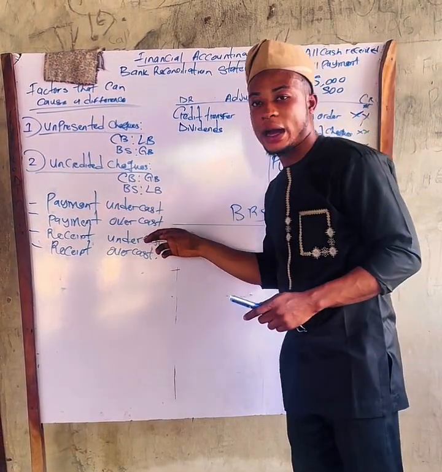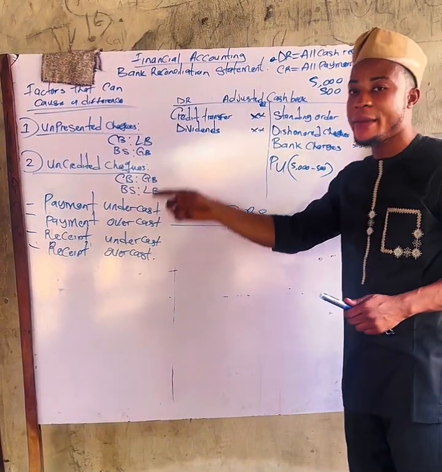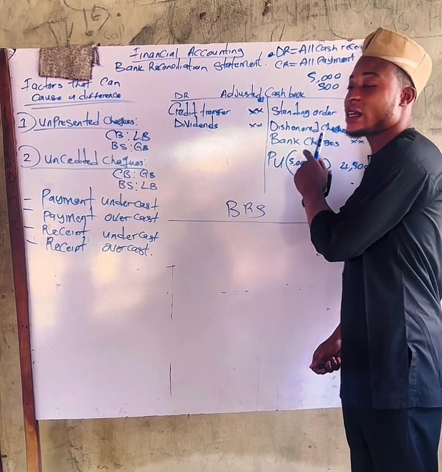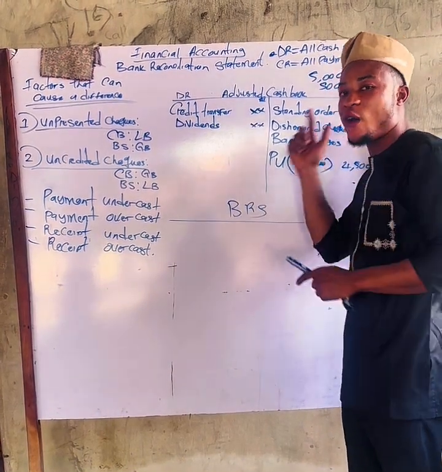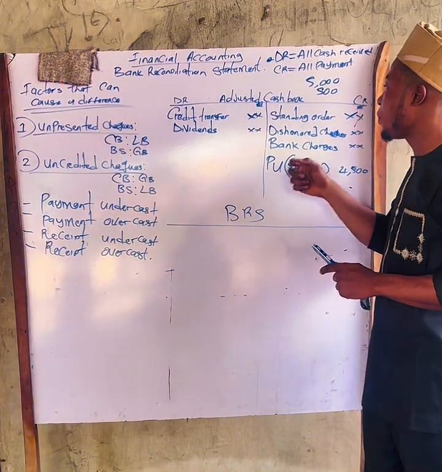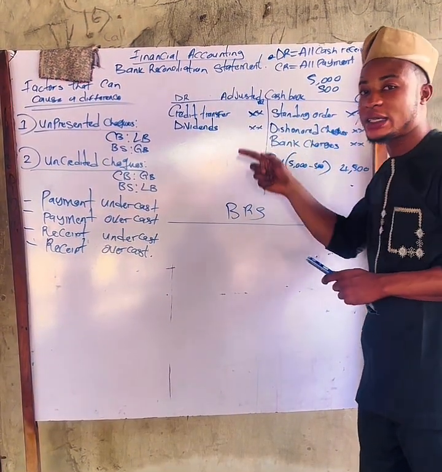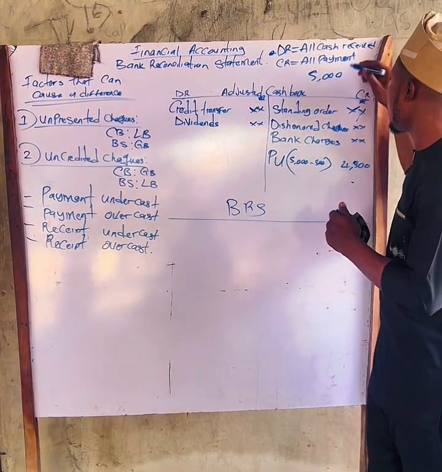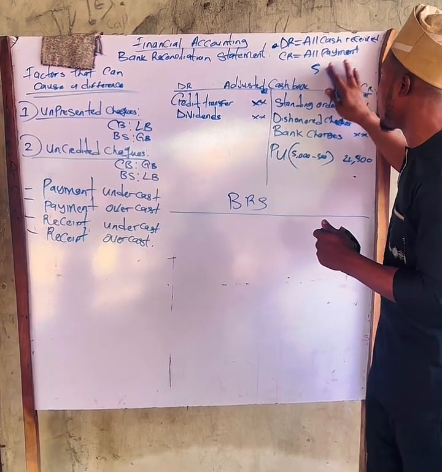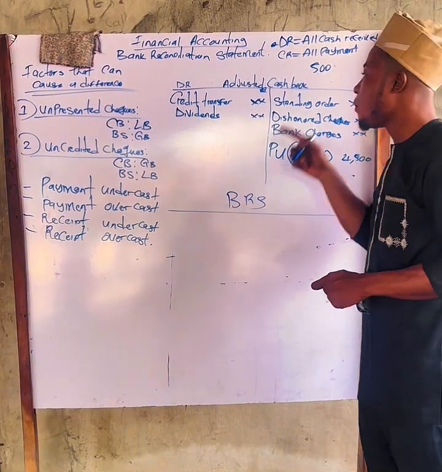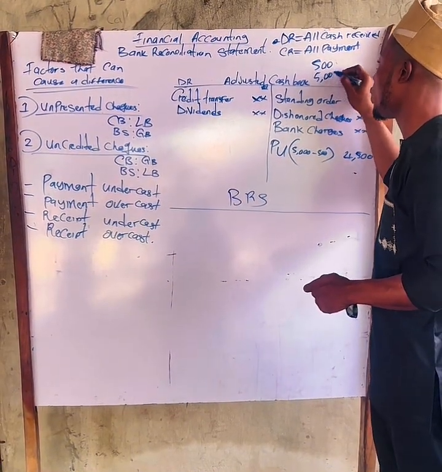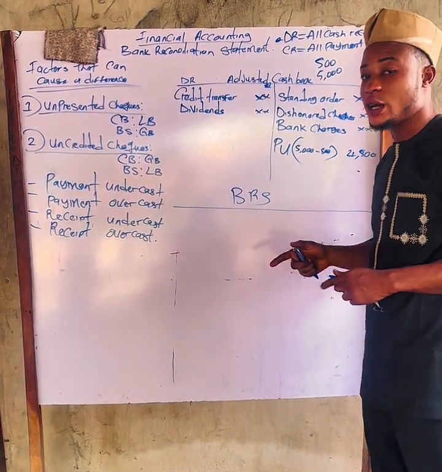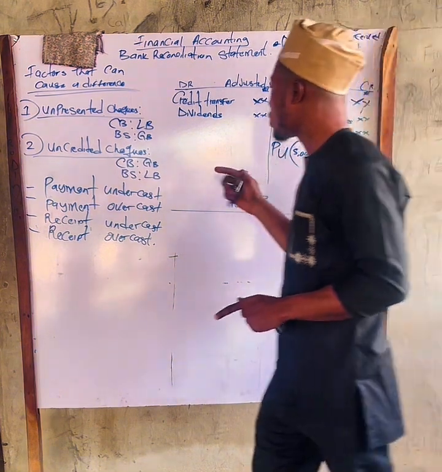Now, payment overcast are payments already posted to the credit side of the cash book, but overstated. Let's say for example you are supposed to record 500 naira, but you mistakenly record 5,000 naira. That means you've overstated the amount by 4,500 naira. To correct that transaction, you are going to post your payment